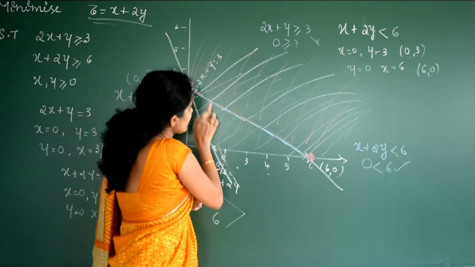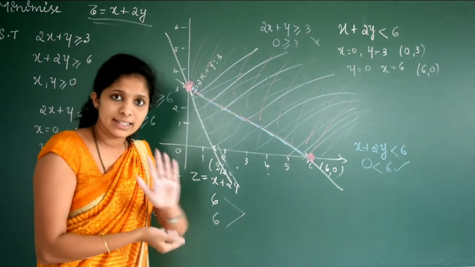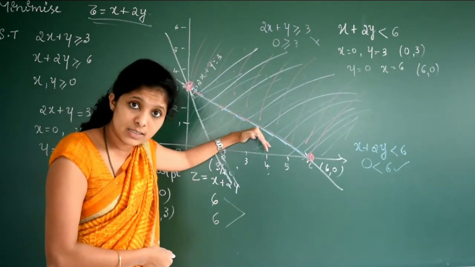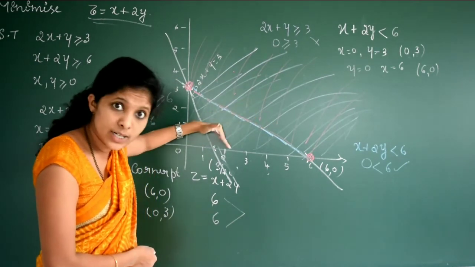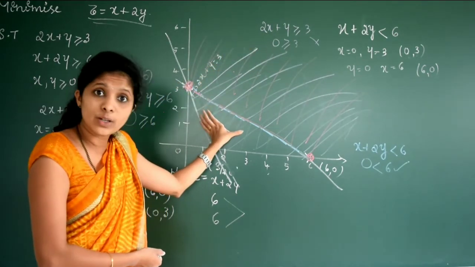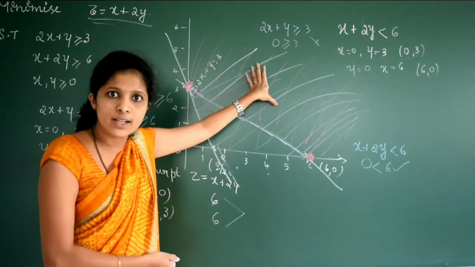Is it clear? And we cannot consider this line also because that line is not included. Is it clear? The line is dotted, so we cannot consider this line either. The line is not included. The solution region for this one is downwards and the original solution region is upwards, so it cannot have any common region or common point with the original solution region.